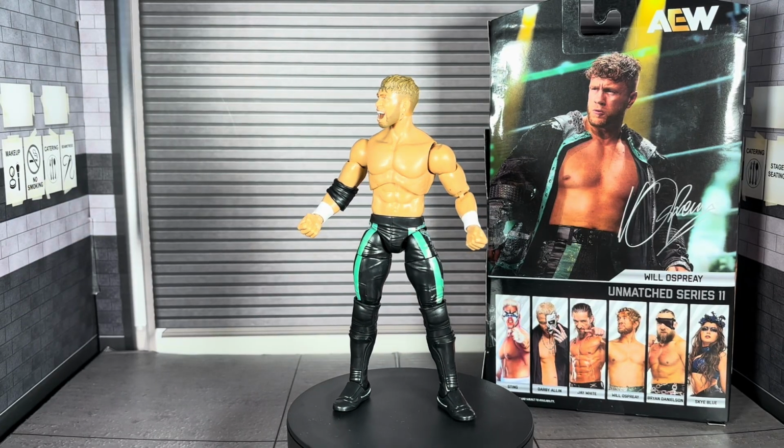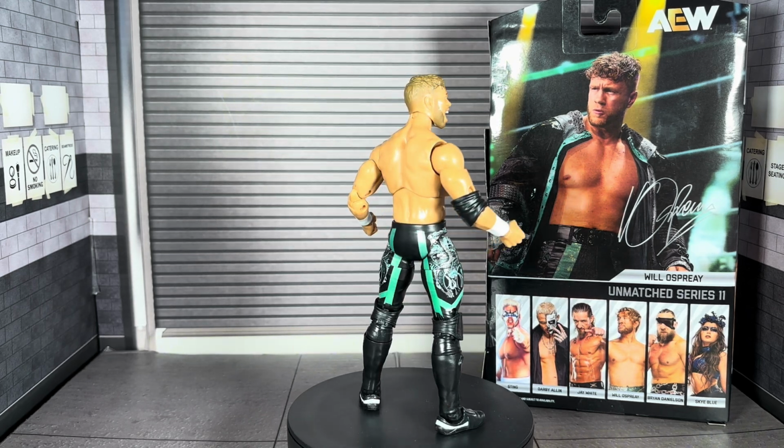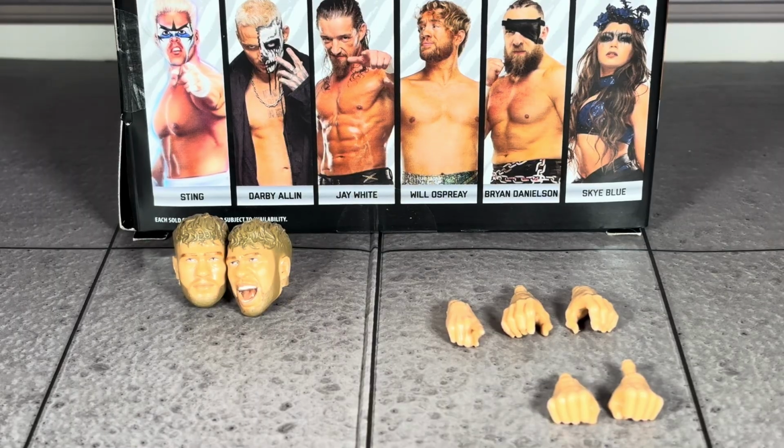And here we have the Aerial Assassin out of his packaging. And I'm feeling that this is a pretty good AEW figure. For its first time in line, I think this is a pretty good one. So you're starting out with Will Ospreay's accessories. You get